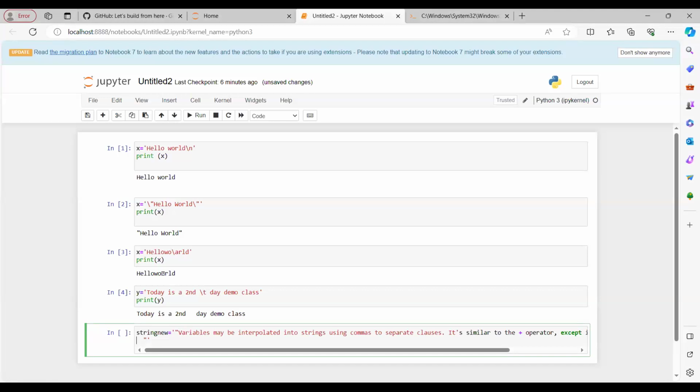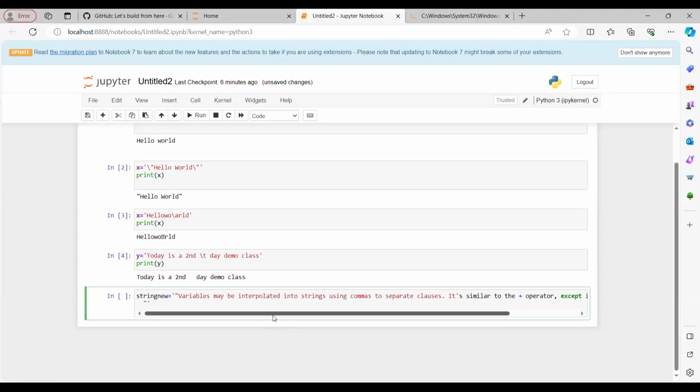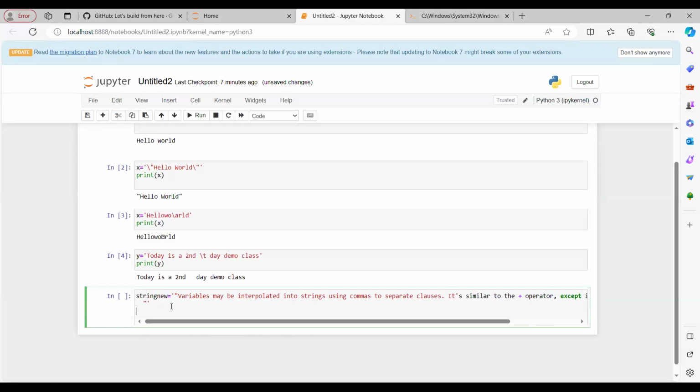So I've given some string here. Got it? I end with the string. I'm giving some multiple line string, so I'm going to assign it to a variable called new string. Now I'll press enter. I'm going to say print new string. Now when I run it,